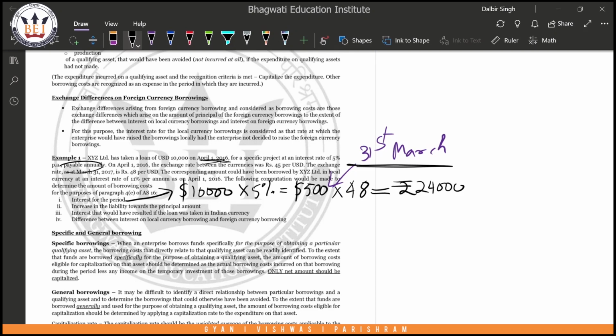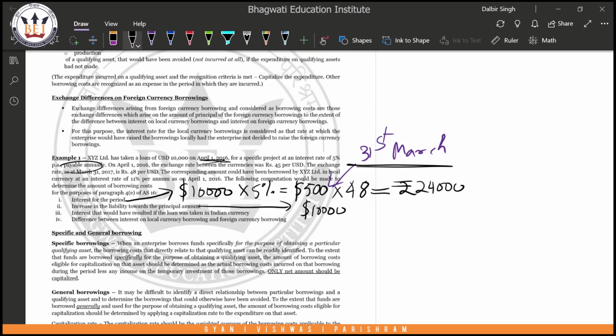Why? Because I have to record 24,000 as interest in INR. I'm not preparing the USD financial statements. So that is interest for the period. Next, coming to increase in the liability towards the principal amount. Here, I have a principal of